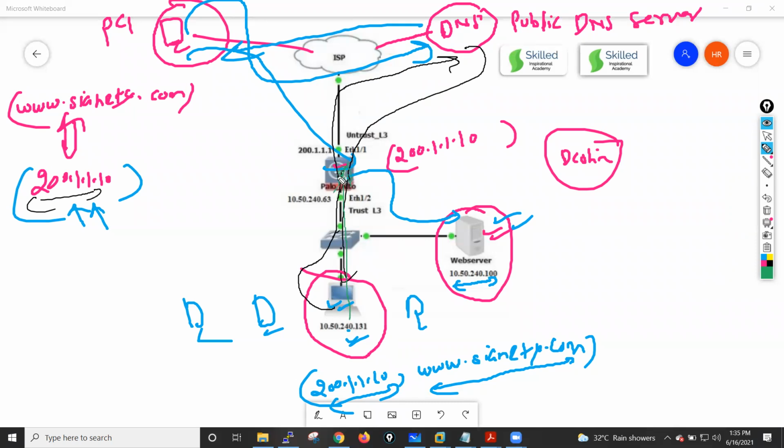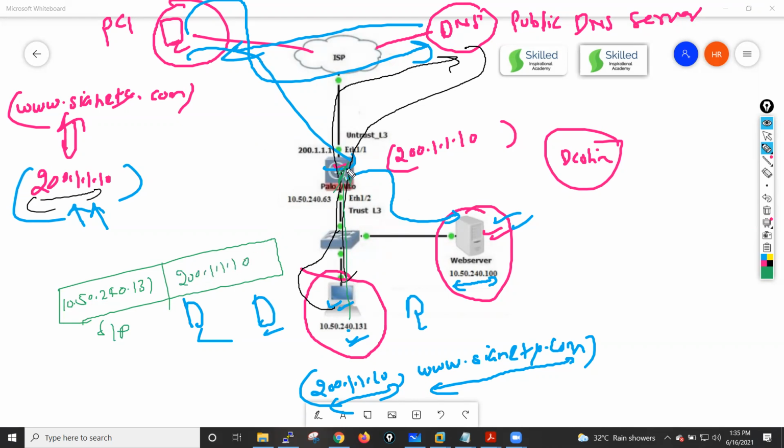Now in the firewall, destination NAT will happen. So he will create a packet like this. Source IP address is 10.50.240.131, and destination IP is 200.1.1.10.